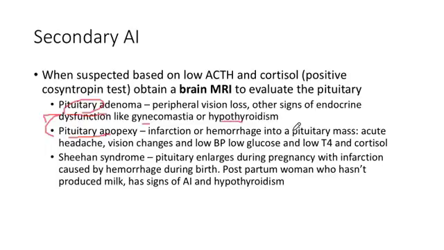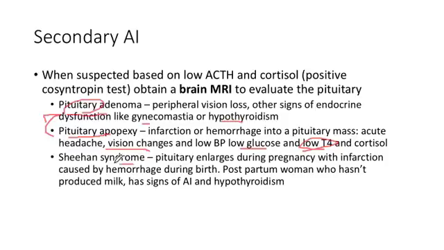And the key here is an acute presentation. They have a massive headache, and they're going to have vision changes. And apparently those vision changes are likely to be bitemporal peripheral field defects, just like with an adenoma. And the changes from the endocrine axis should be much more acute as compared to the adenoma itself. So these people might have acute low blood sugar and low thyroid hormone levels and stuff, but the key here is that rapid onset of headache. And they may even have increased ICP and may require a craniectomy, but that's probably not going to be the kind of detail they want from you.